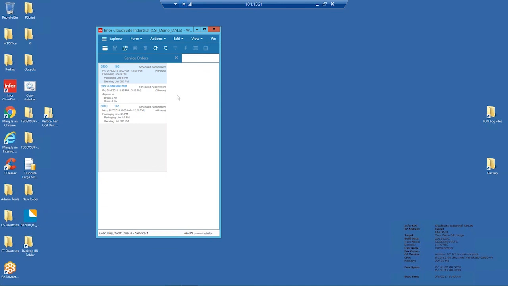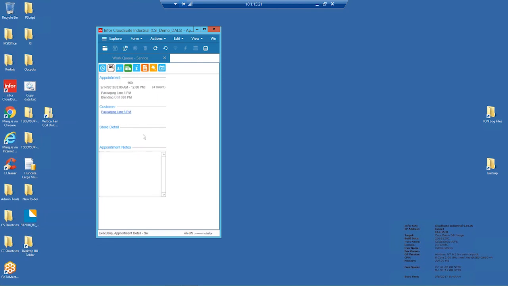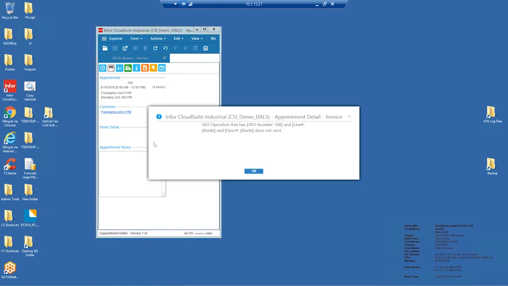And from there, I can do things like this. I can click on this, and now it's giving me a summary of that particular work, this is packaging line 6 PM work. If there were notes here, they would show up, etc. But this is a screen that's queuing up the nature of the task. And then from this, there's a series of buttons up here. Like this one allows the technician to clock on and off. So if I clicked on here,